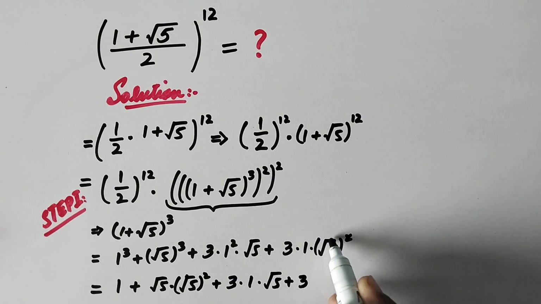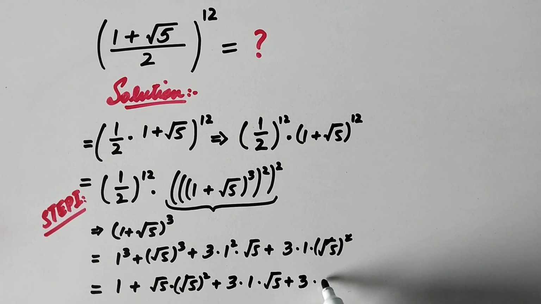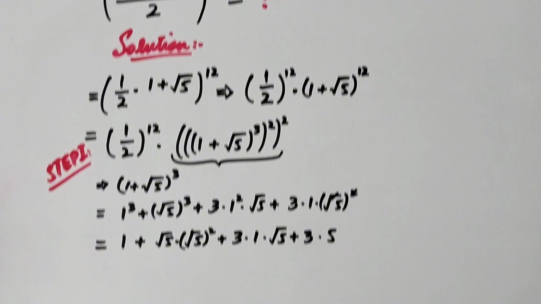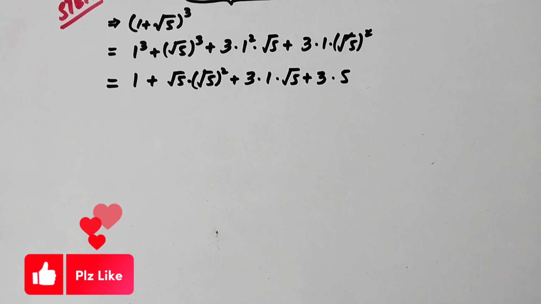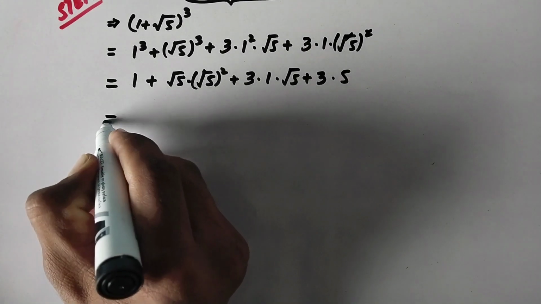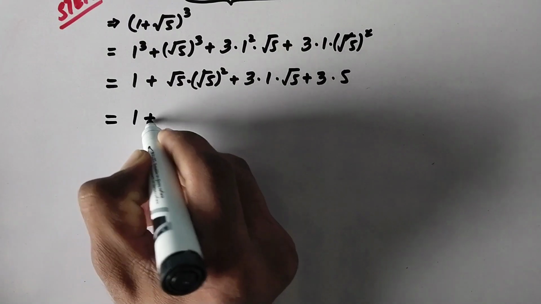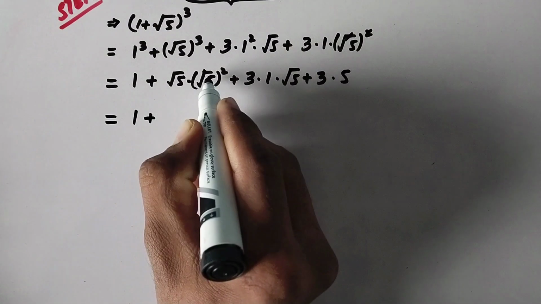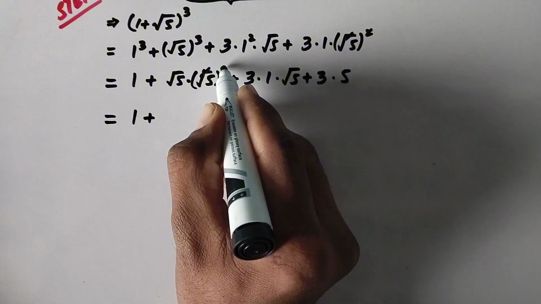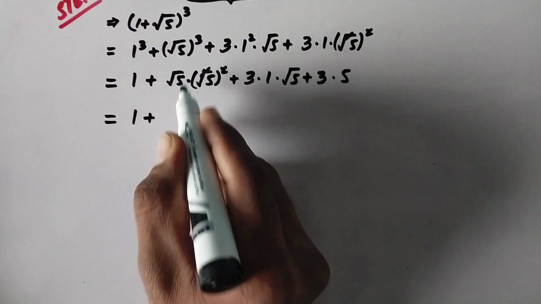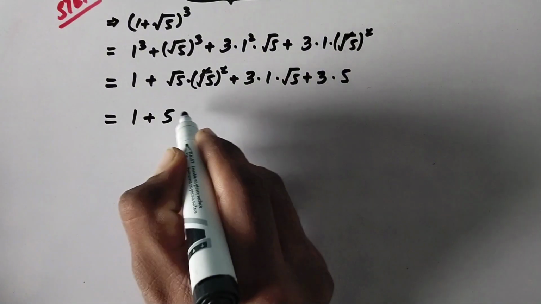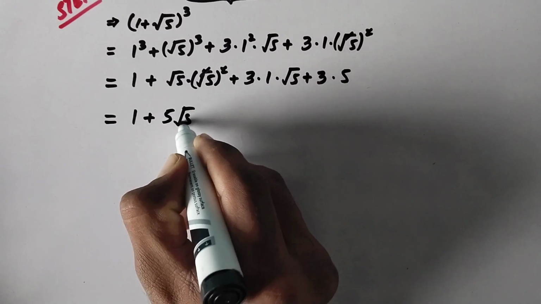This square will cancel the square root and what is left will be 5. So now 1 plus this square root will be cancelled by this square and here we will write 5 times square root of 5